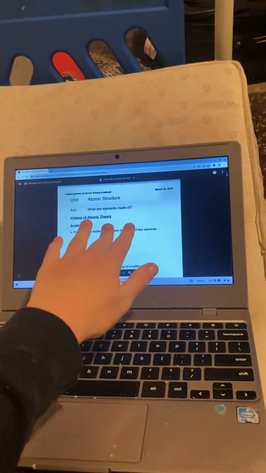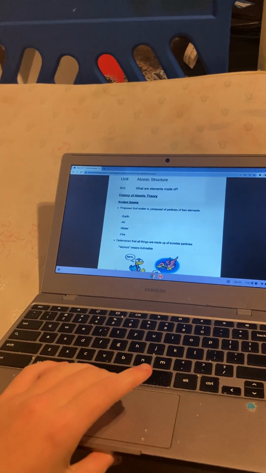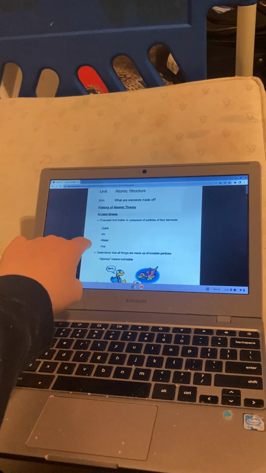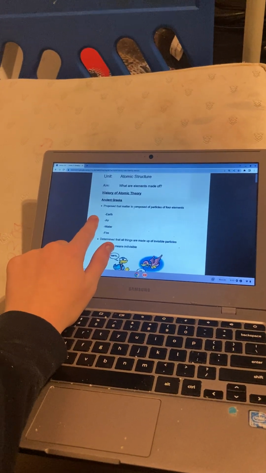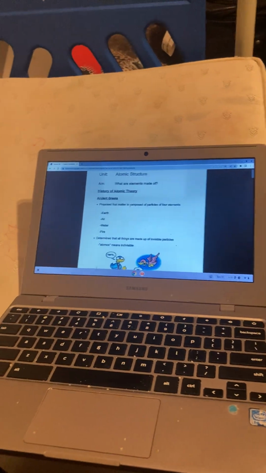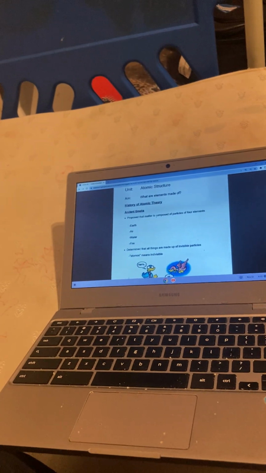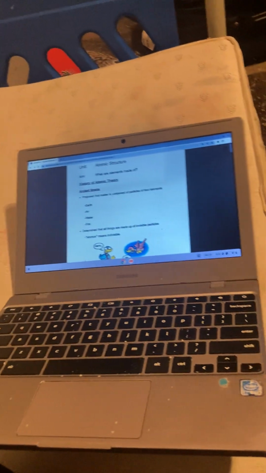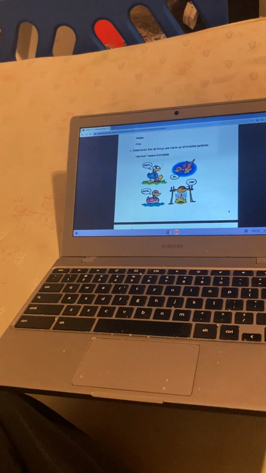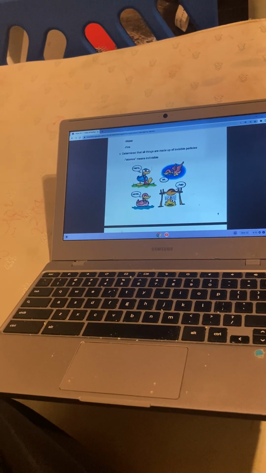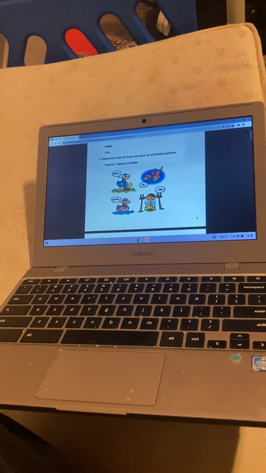So we start off with atomic structure. We need to know the history of atomic theory. So the ancient Greeks thought that matter was composed of earth, air, water, and fire. That is a little bit inaccurate. They determined that all things are made of indivisible particles. So atomos means indivisible. Now, we find out later on that these things are divisible, but